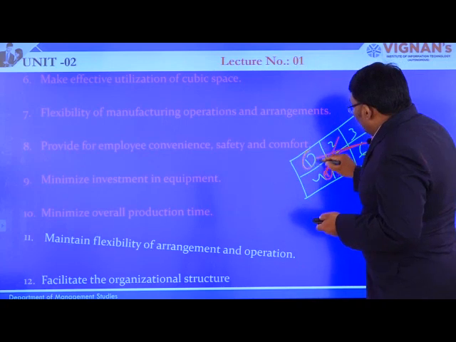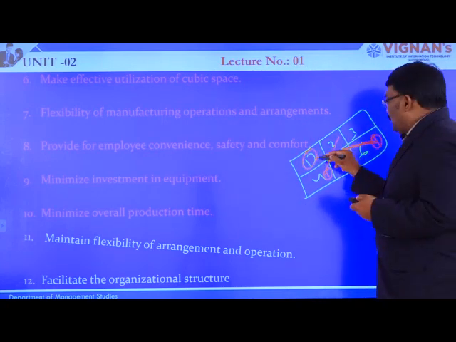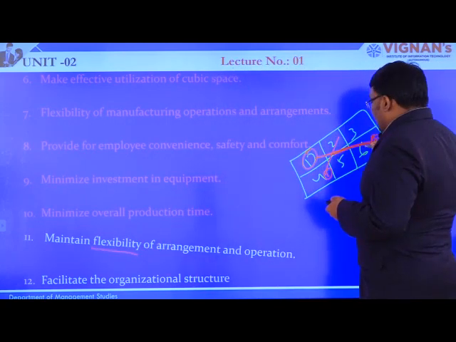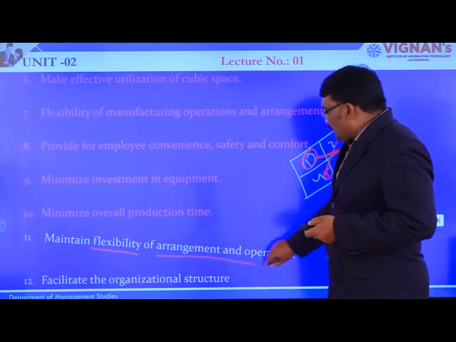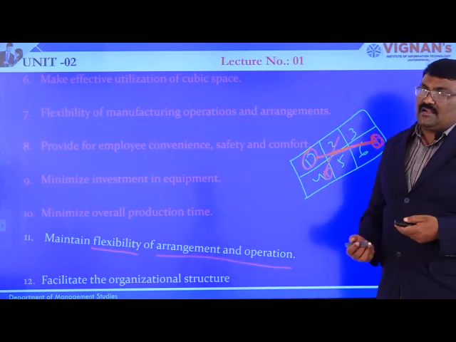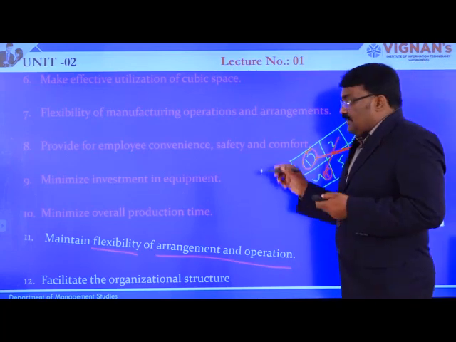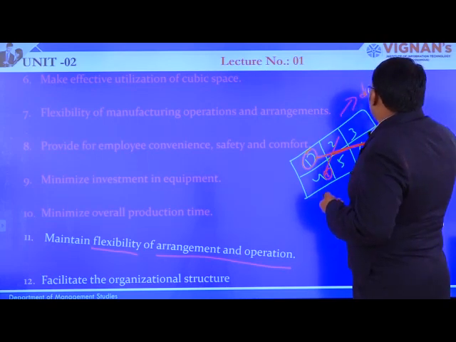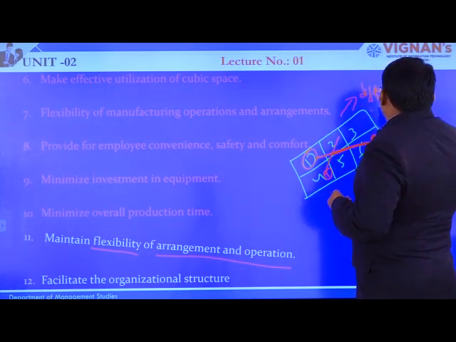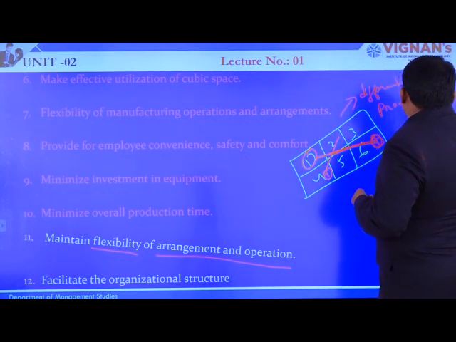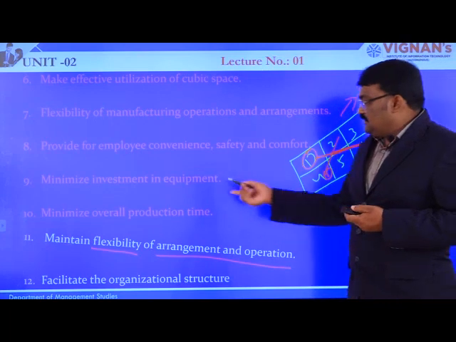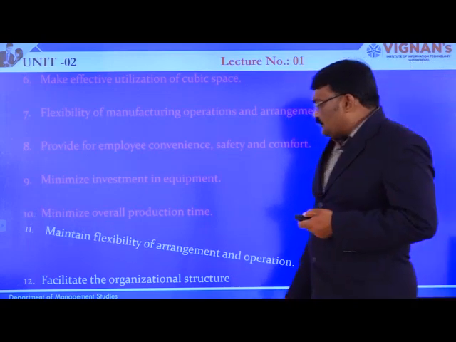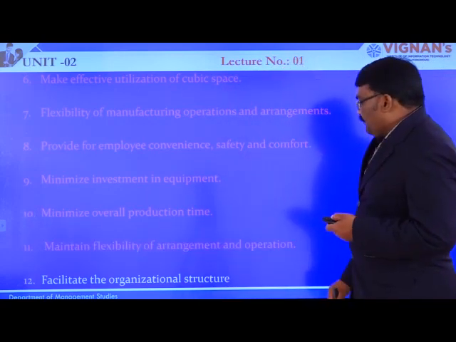That means if I am able to change over from one location to another location, that becomes flexibility, and along with it the arrangement of operations also becomes easier. That flexibility makes it possible for different products to be manufactured with the layouts. That is the advantage in the case of plant layout. Now, next to that, the last one.